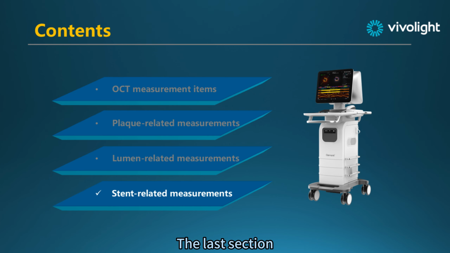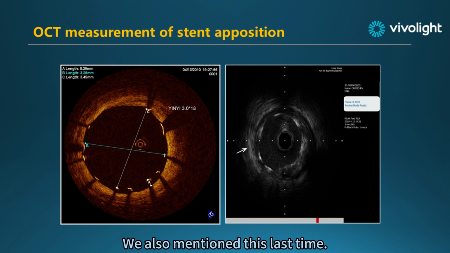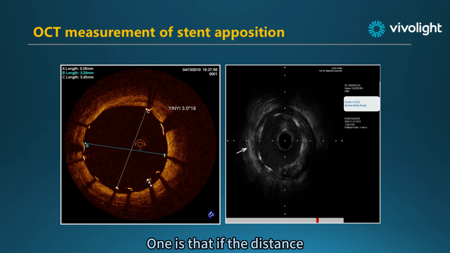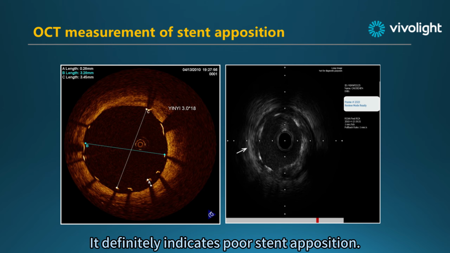The last section is about stent-related measurements. For stent-related measurements, the main focus is on the issue of stent apposition. We also mentioned this last time. There are two different judgment criteria for stent apposition. One is that if the distance between the stent strut and the vascular intima exceeds 200 micrometers, it definitely indicates